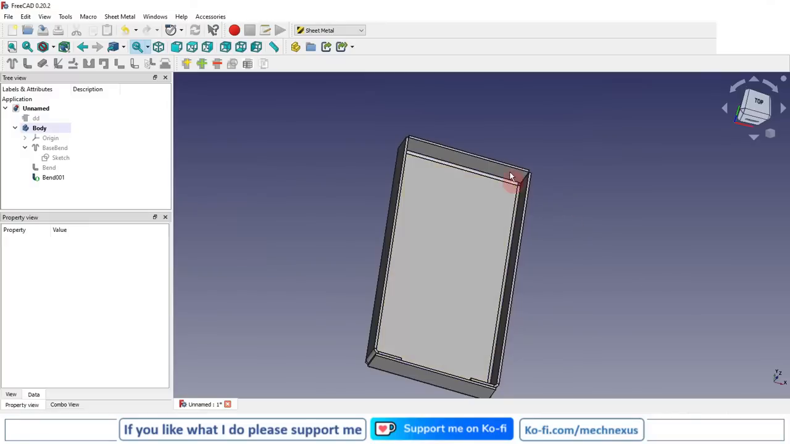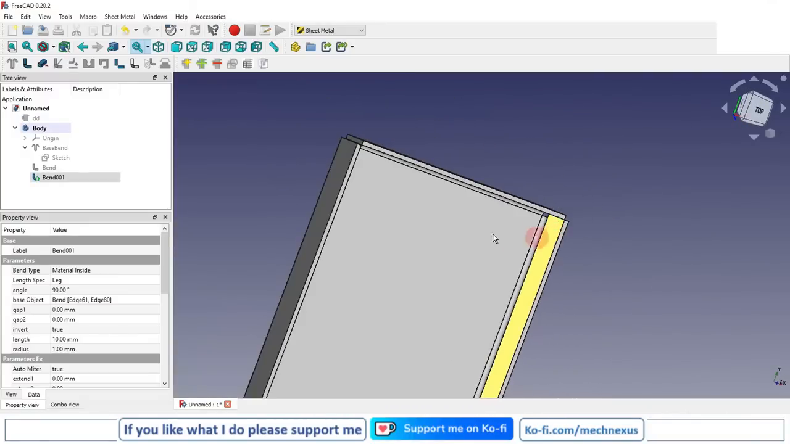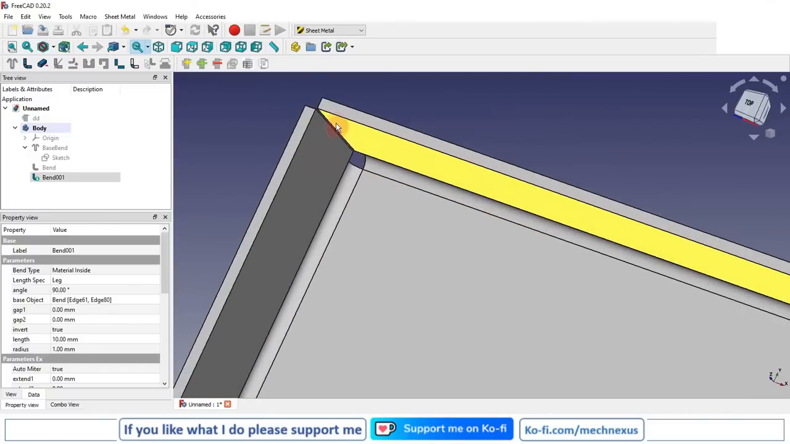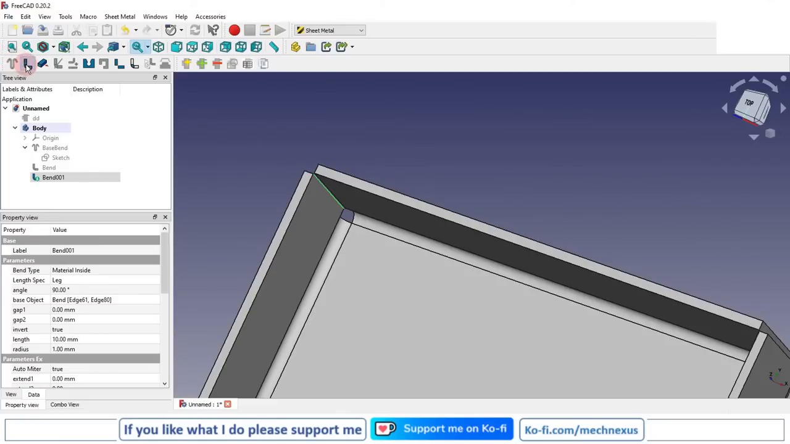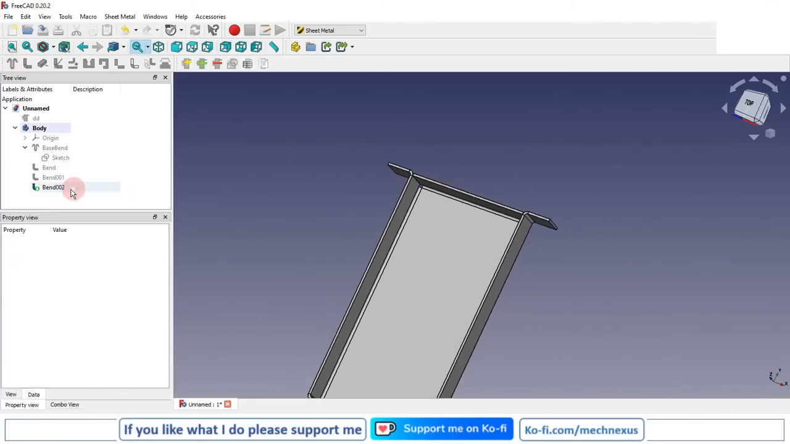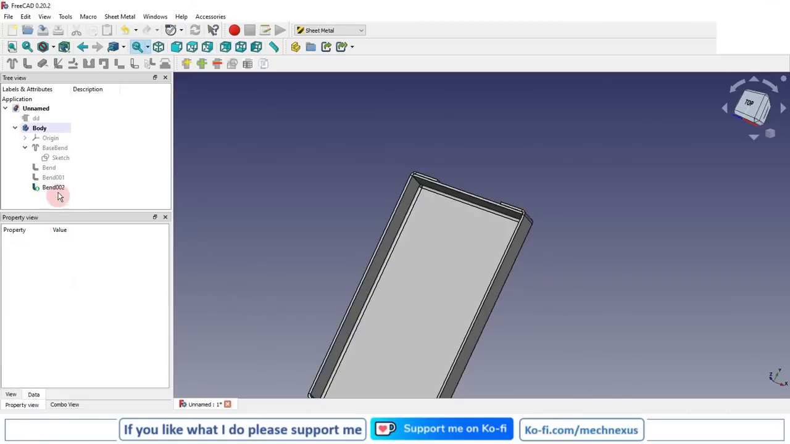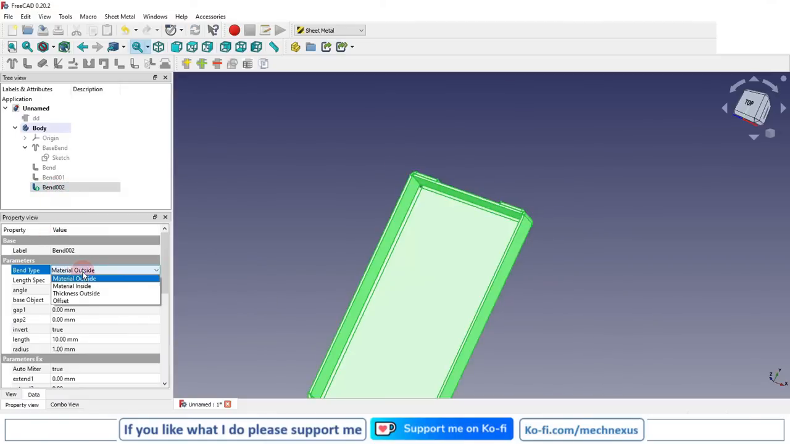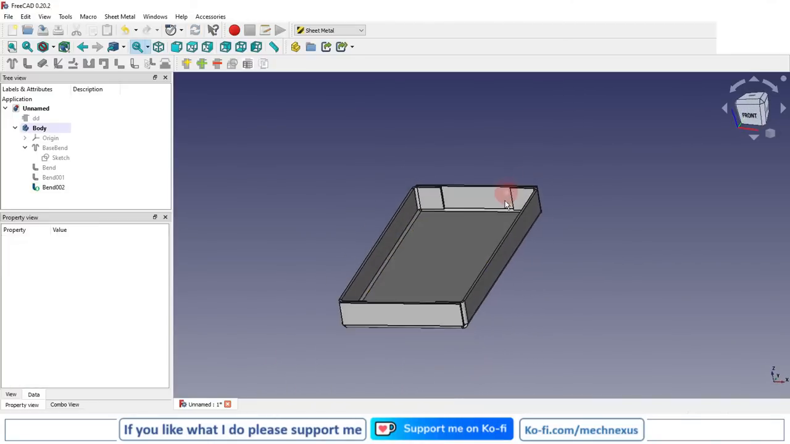Now simply I will do the other side. So I will select this edge and this edge and click on the flange, and in the same way we will reverse the direction by setting invert true, and the material we will keep inside. Okay. Now